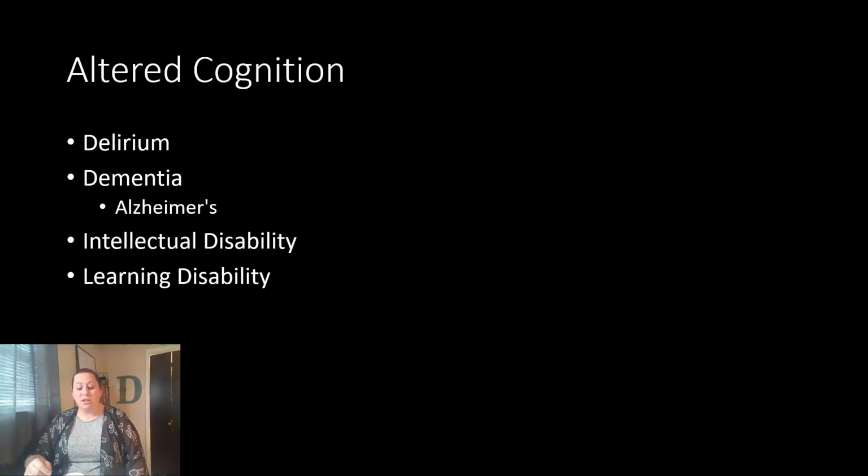Some other types of dementia, like Creutzfeldt-Jakob disease, this one is actually caused by a protein that's malformed or misfolded. This is related to mad cow disease, and it causes issues, again, with deterioration of the brain. This one actually progresses a lot faster than what we see with Alzheimer's.